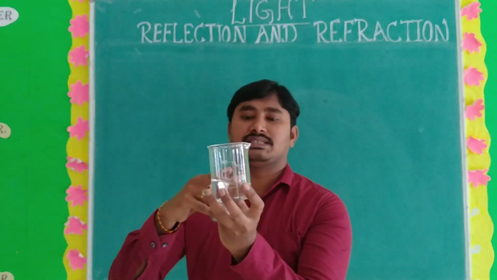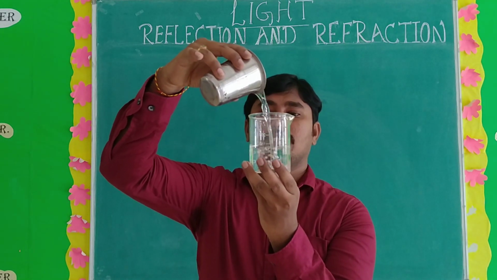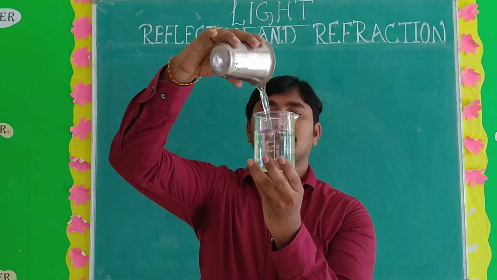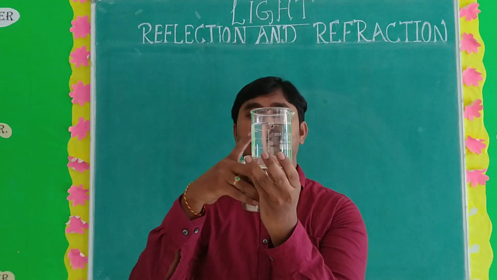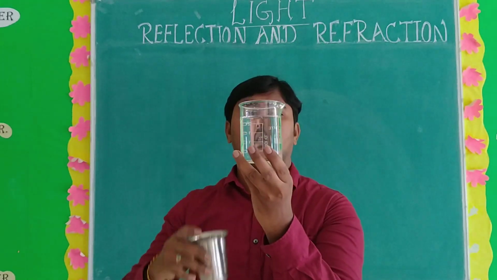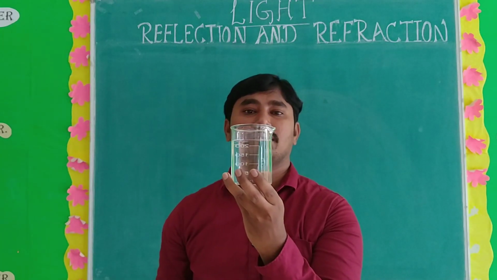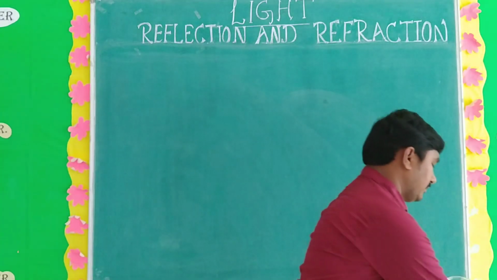So actually these are the letters here. When you pour the water, what do you observe here? The letter C appears very big in size. See, these are all the letters. I think you see my face also. It appears very big in size, and that direction also changes. So what is the reason? Okay, yes.